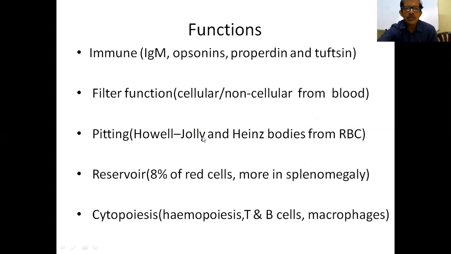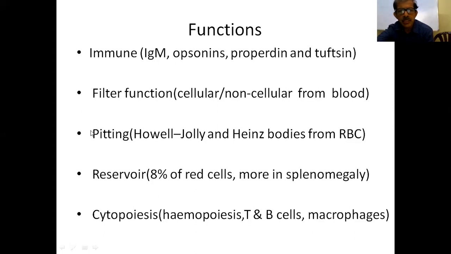Right? Now coming to the physiology, that is what are the functions of the spleen. All of you know about the immune function. It produces IgM, opsonins, properdin, and tuftsin. These will help in phagocytosis of any foreign body. Then filtering function is also another important thing. All the cellular or non-cellular debris will be filtered from the circulation